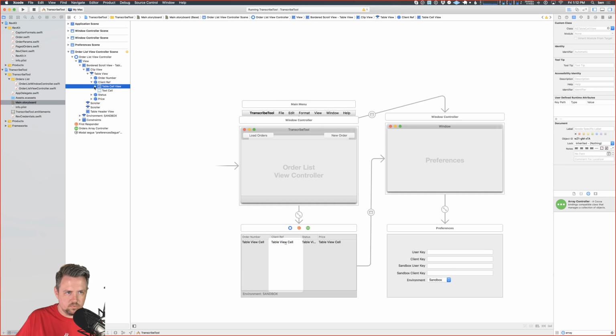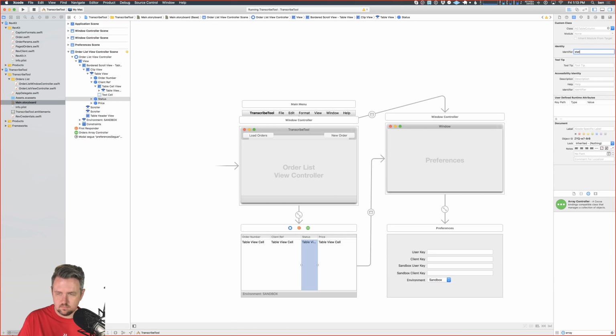This is the cell view, right? Not the... Yeah, so you have the column, which is not a view, it's just an object, and then you have the table cell view, and then you have the text field, which is a label. Okay. So I'm in the right thing right here for client ref. Then status, price,